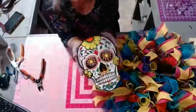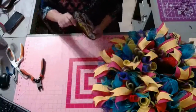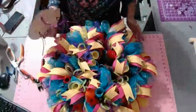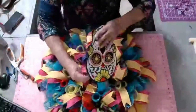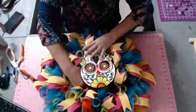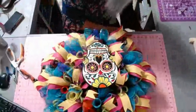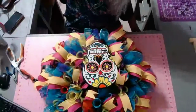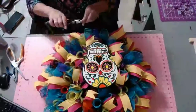So here is the notorious hand-painted sign by my husband. He's quite good. And what we're going to do, man, this wreath is nice and fluffy. We are going to put this sign right in the middle. And it looks like I'm going to have to extend the pipe cleaners. So what I mean by extending them is that they're not quite long enough because of probably something I do,